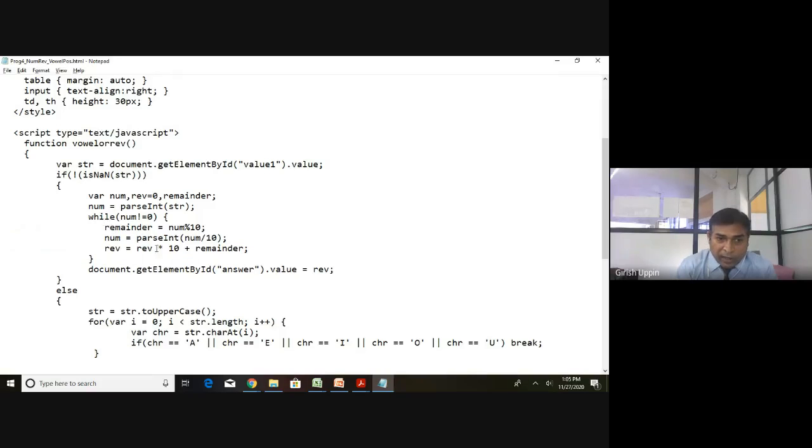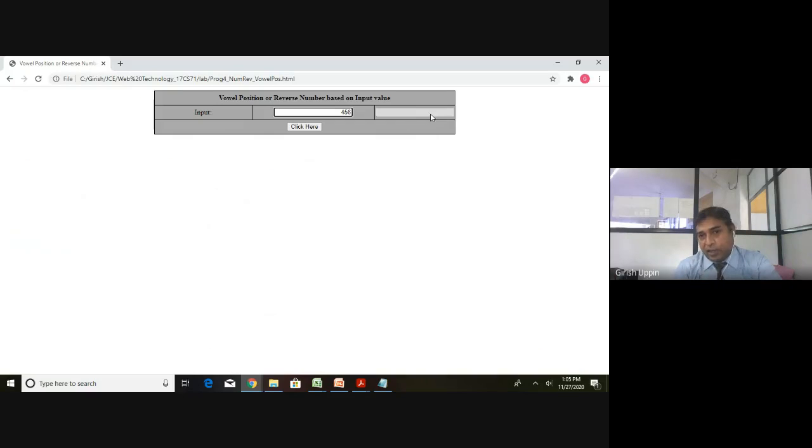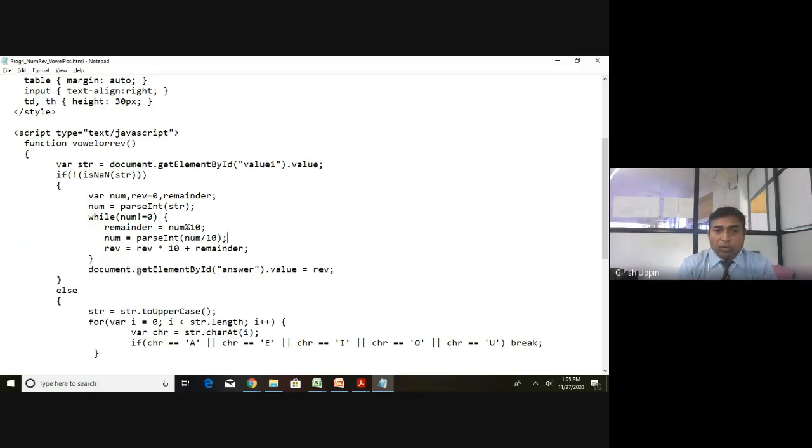Now at the end of this loop, the number will become 0 and it will come out. At this point, rev is the reversed number. Again, this reversed number should be pasted here, isn't it? Once I make a click here, this should show the answer. Now what I will do: document.getElementById answer.